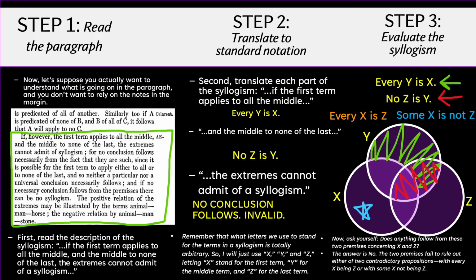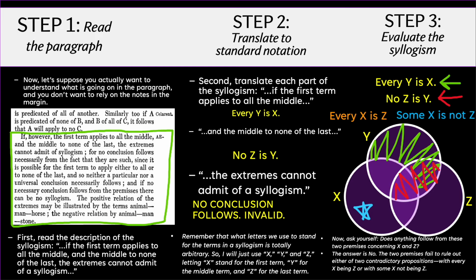So notice that this contradicts "every x is z." If "every x is z" is true, this star could not exist. And so we see that these two premises, "every y is x" and "no z is y," are consistent with contradictory conclusions concerning the relationship between x and z, and therefore no conclusion necessarily follows, since everything is still open. All options are still on the table, no conclusion follows, therefore it's an invalid syllogism.